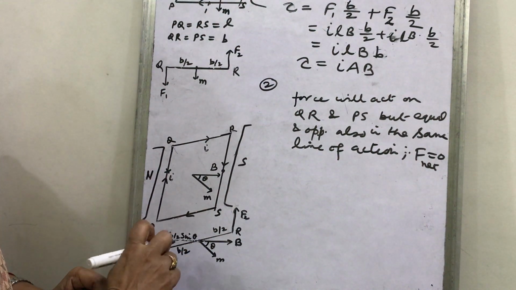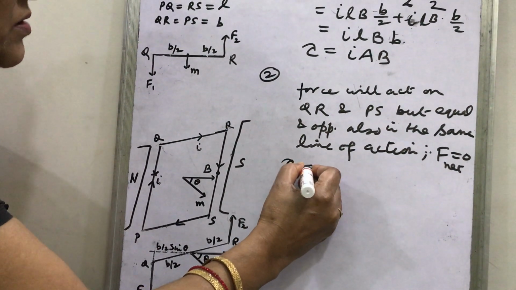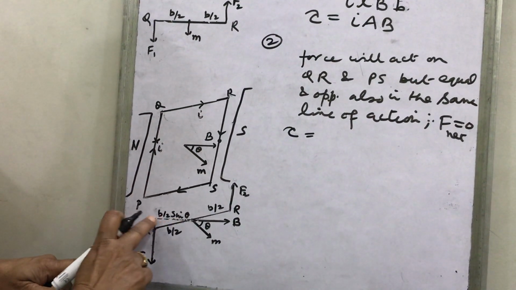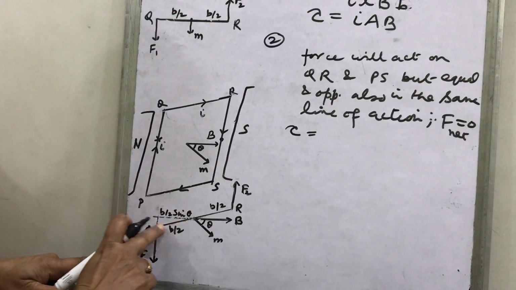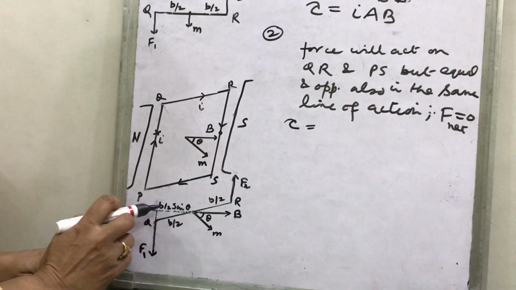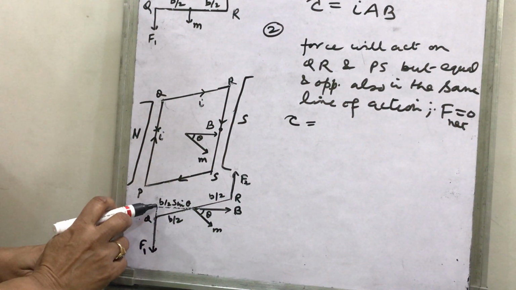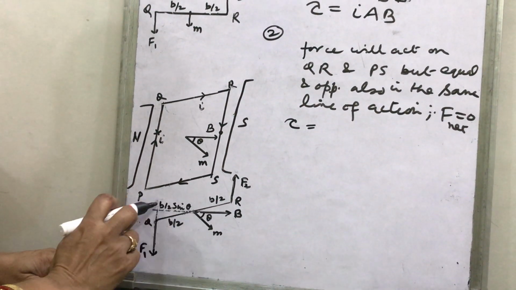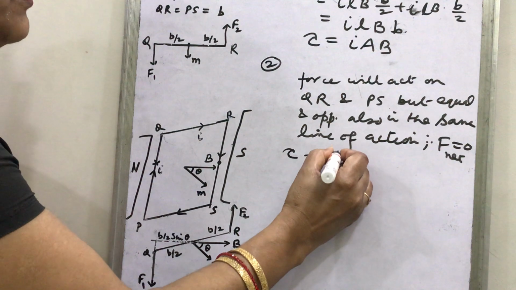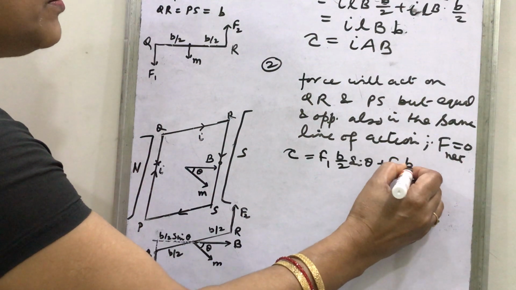How? Look here. Now you will write the perpendicular distance for the magnitude of torque. In this figure, this is B by 2 sine theta, and this is B by 2. So B by 2 sine theta is less than B by 2 in this triangle. You can see that B by 2 is greater than B by 2 sine theta, the perpendicular distance between the forces from the axis. So what will you write? F1 into B by 2 sine theta plus F2 into B by 2 sine theta.